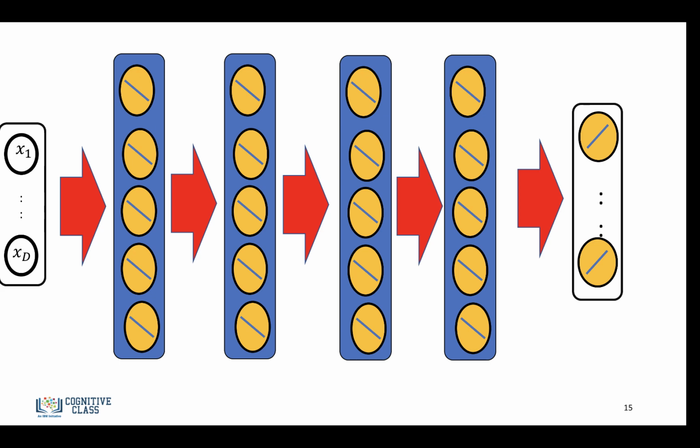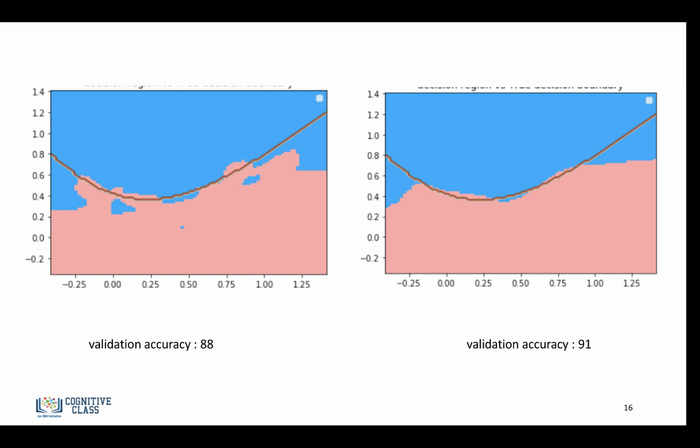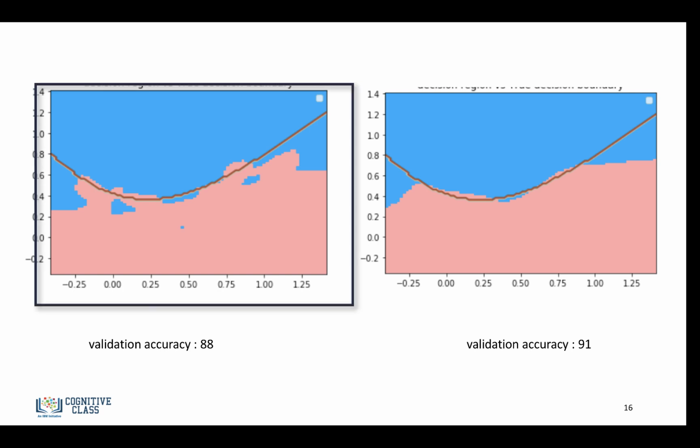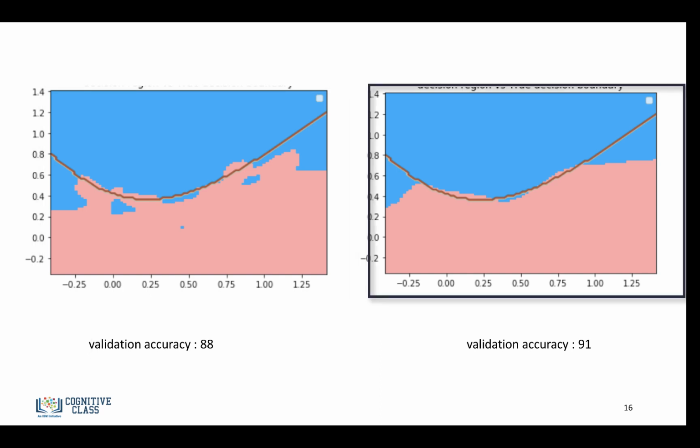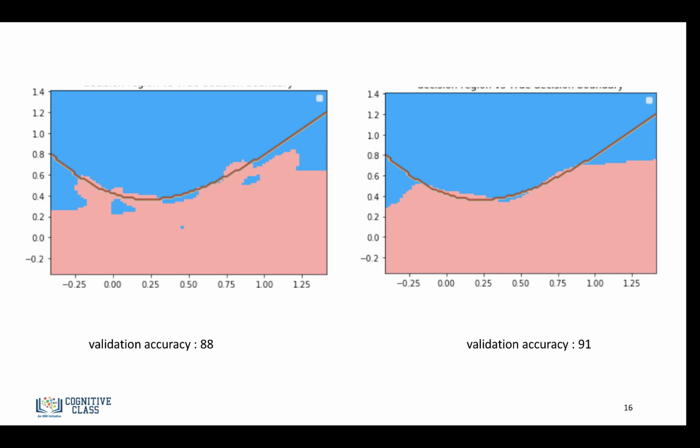So all we do is we calculate the forward step as usual, and we produce a prediction. And that's pretty much it. So let's compare a model with dropout and without dropout. So we have this model over here, and this did not use dropout. And as you can see, the validation accuracy was 88%. Now this model used dropout with a probability of 0.5, and this validation accuracy was 91%.